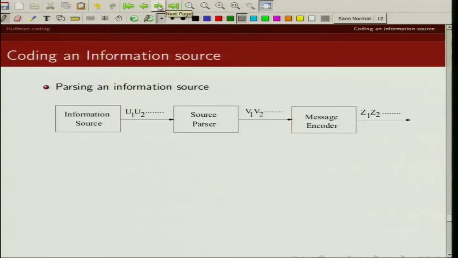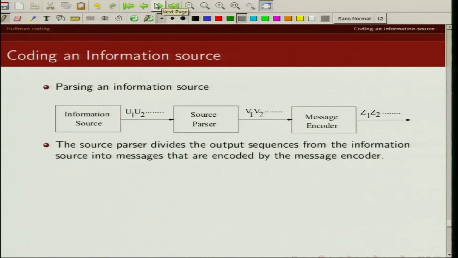So I have an information source which is giving me these ui's. I need to partition this into blocks of data. Let's say I am partitioning this with a source parser. What it does is divide the output sequence into messages which will be encoded by this source encoder, the message encoder. So each block will have L ui's.